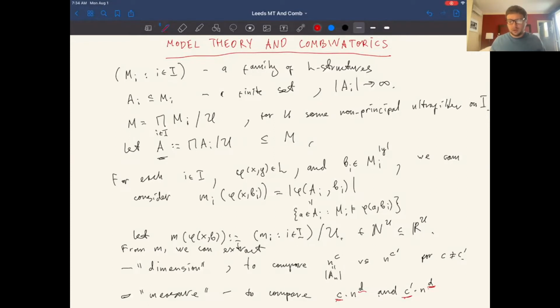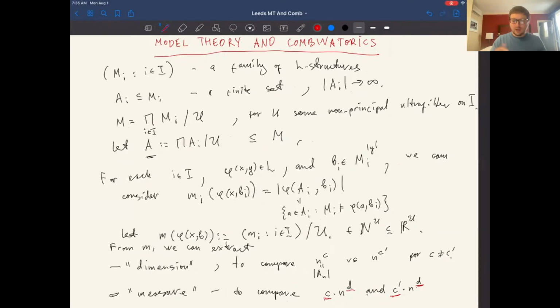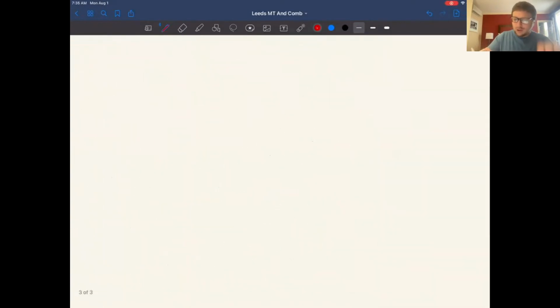Okay, so all of this is a bit vague, but hopefully it gives you some intuition where we are going with all of these things and what they have to do with combinatorics at all. Because for a while now, we will focus purely on measure theory and model theory. So I'm going to switch to the next slide unless there are any questions about this hand-waving part. No, okay. All right, so then let's talk about Keisler measures.